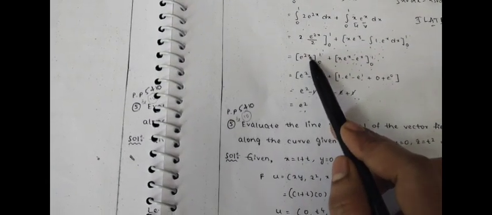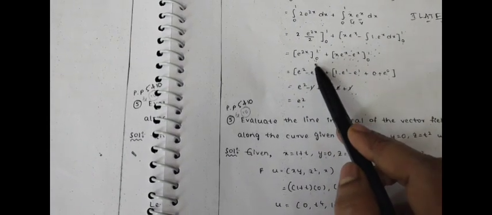Again take this as it is, whose limits are 0 to 1. Substitute upper limit minus lower limit. Upper limit means 1 here, e power 2 into 1 is e power 2 minus e power 0 here, plus again 1 substituted here, minus of 0 substituted, when you substitute 0, 0 into anything is 0, minus of minus plus e power 0 here. Again e power 2 here minus e power 0 is 1. Again e minus e gets cancelled. Again here it is 1, 1 minus 1 gets cancelled, then you can get the line integral as e square.